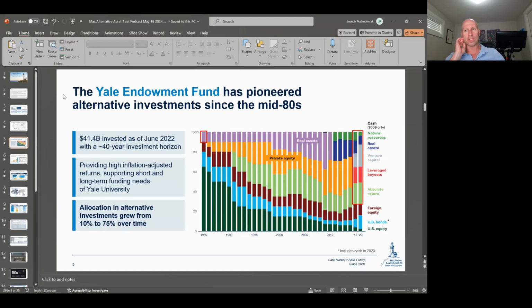I think if you really dig into the history books, this goes back hundreds of years. But really, the word alternative is alternative to mainly public market investments, the most common of which are stocks and bonds. Why we include the Yale Endowment Fund in this particular podcast is really just to highlight that just like a lot of investors,